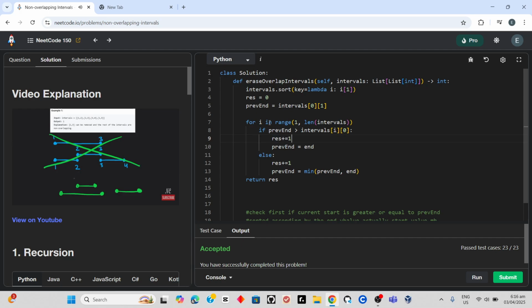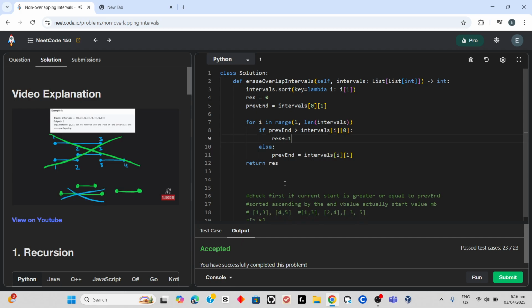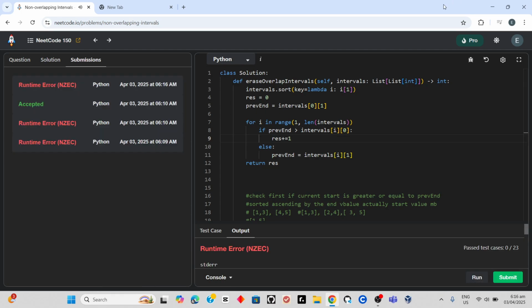Remember, we are traversing these in sorted order. So first we're going to compare this one is first, this one is second. So then we're going to compare these two together. Next, are we going to be looking at this one and this one? In this case, yes, because remember, if these two are overlapping, we don't have to remove both of them. We only have to remove one of them. So the choice is, are we going to remove this one or are we going to remove this one? Well, which one do you